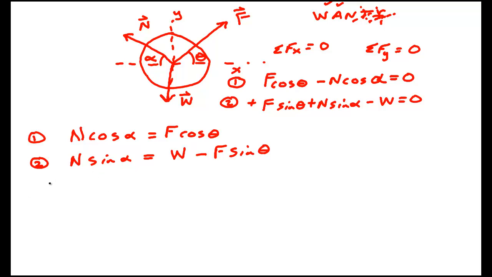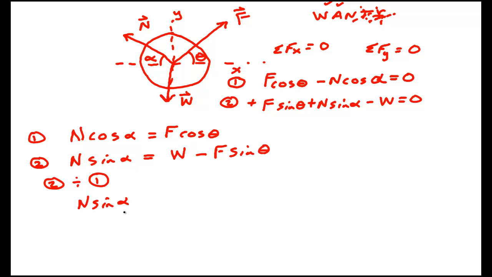I'm going to take equation 2 and divide it by equation 1. And what that's going to do is cancel the n. This is a standard thing when dealing with transcendental equations, as equations have trig functions: if you have an unknown magnitude, you divide. If you want to get rid of the angles, because you didn't know the angles, then you'd square the equations, add them, cosine squared plus sine squared is 1, and you get rid of the trig function. I want to think I can find the angle. I want to get rid of the n, which I don't know, the normal force applied by the step. So if I do that,